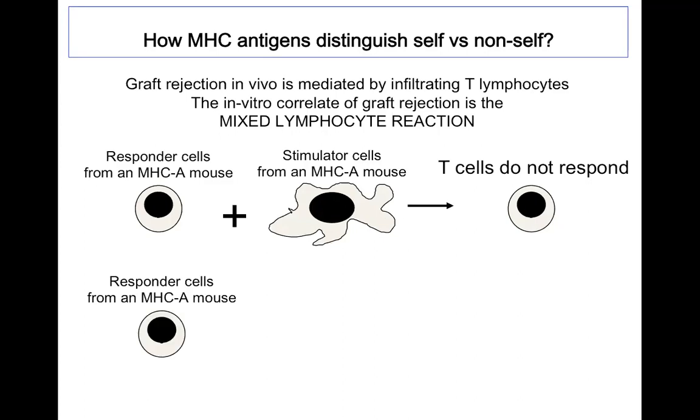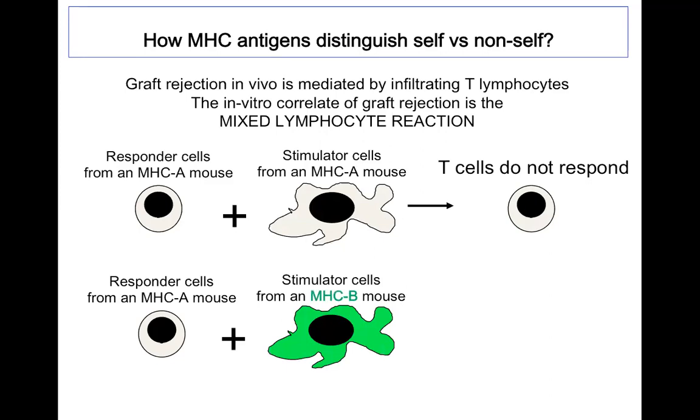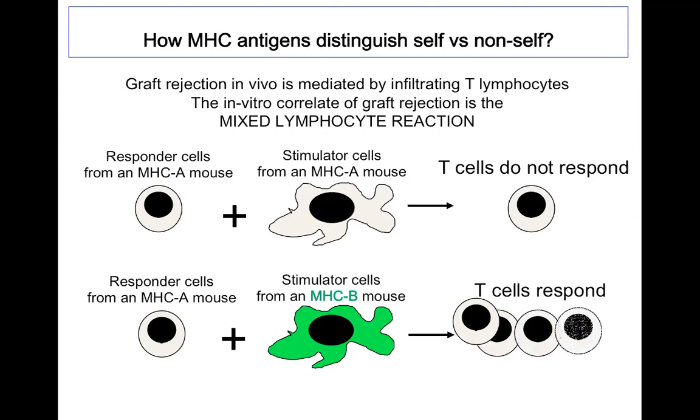But if you take another example here, this is a donor mouse, and when cells were given to another strain of mouse, then what happened? You can see here the T cell response. And when the T cells respond, it means the tissue was rejected. So the answer to the question, how do MHC antigens distinguish self and non-self? By the response of T cells. If T cells give a response, it means the tissue is foreign, some kind of antigen or foreign particle. And if T cells don't respond, it means it was accepted.